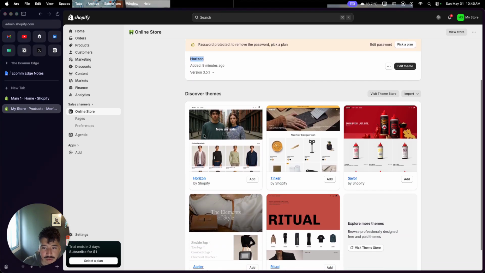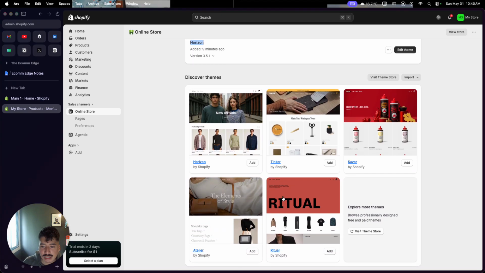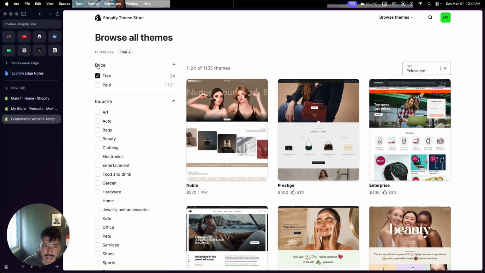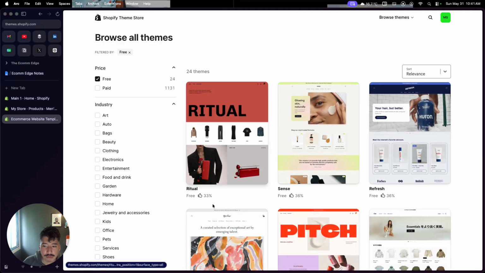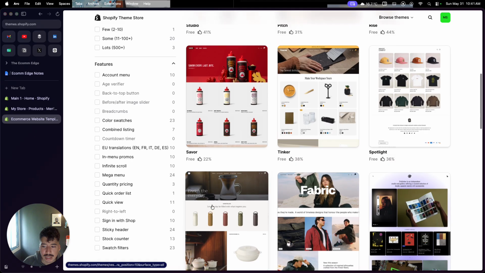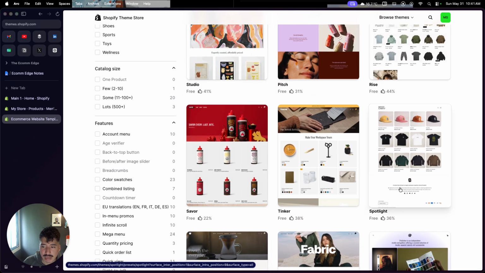If you don't like it and you want to use a different theme, you're in luck. You can use the theme store, which if you click right here, it will open up this page, and here you'll be able to locate a lot more themes, free and paid ones. So if you're just starting out, maybe a free theme might be the route for you, right? And there's a ton of great free themes that you can choose from. What I like about this is that you can actually preview them. So let's take an example like this one,